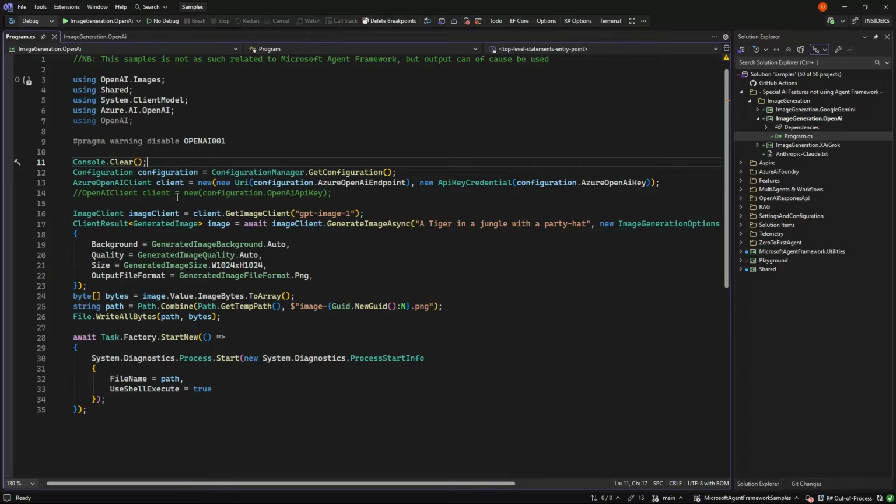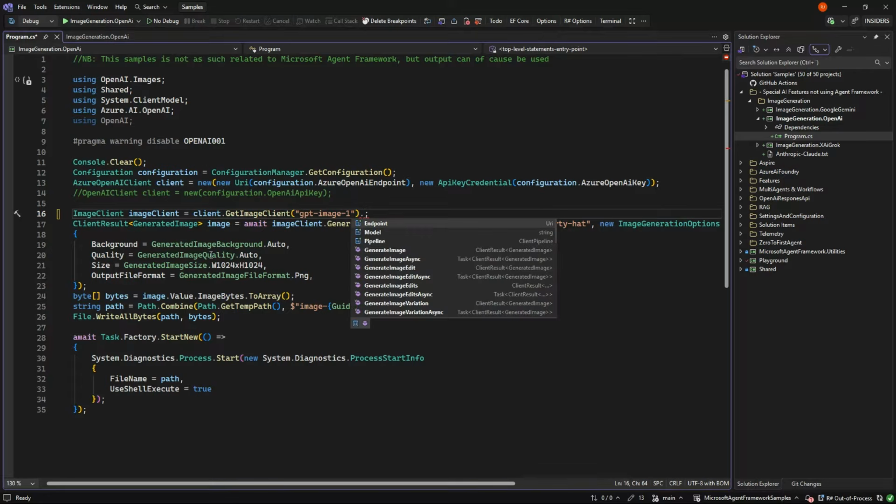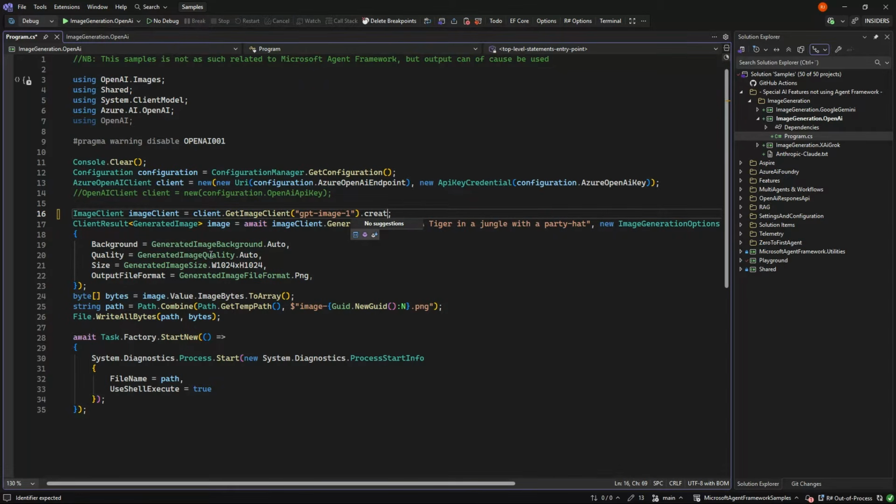And if we look at it, we just new up our normal client. And instead of going in here and getting a chat client or response client, we get an image client. And as you can see here, we can say create AI agents. But it's a fairly simple API, so we probably don't need it anyway. And of course, you can use the output of this in a workflow or some of the other AI stuff you do.